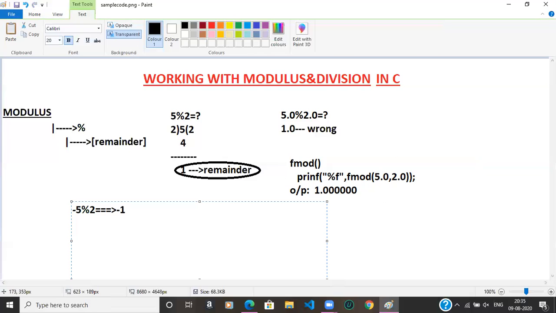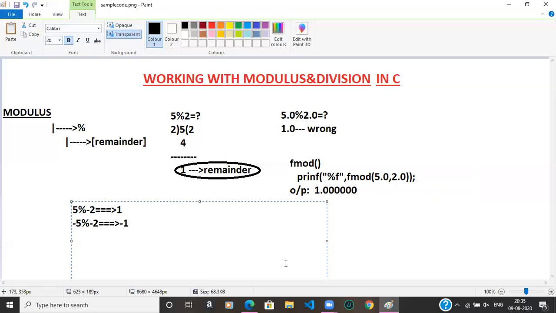If I want to perform 5 modulo -2, what will be the result? The result will be 1. If I want to perform -5 modulo -2, the result will be -1.